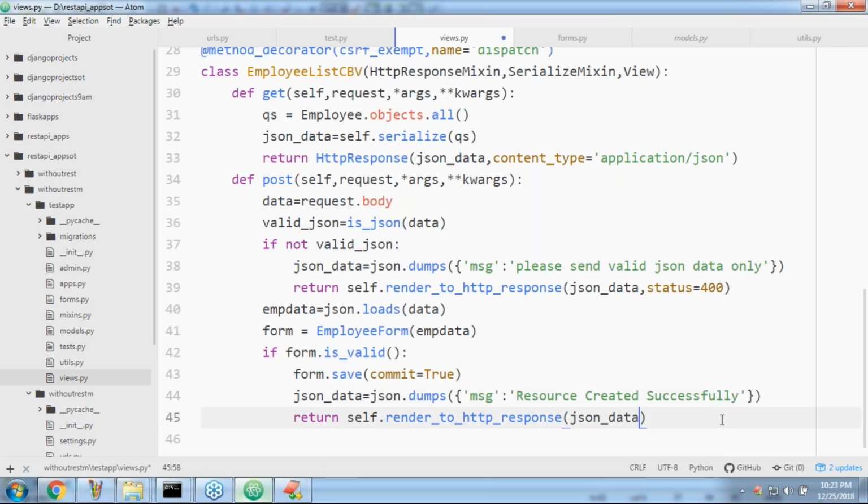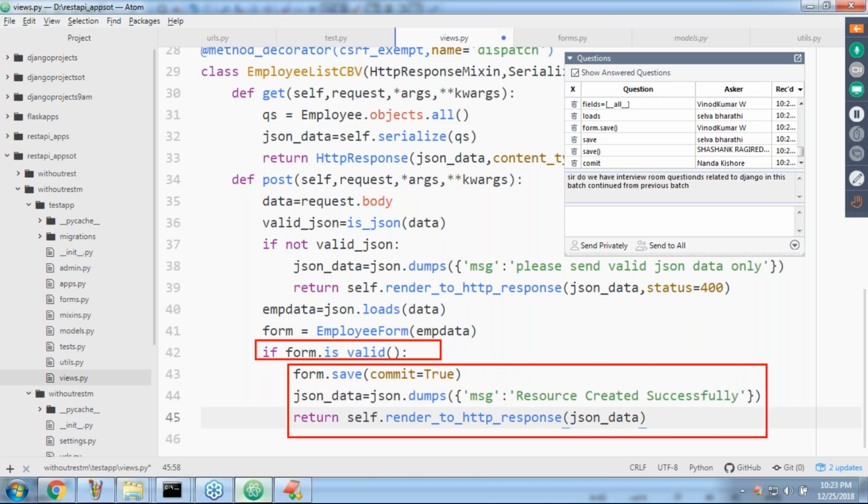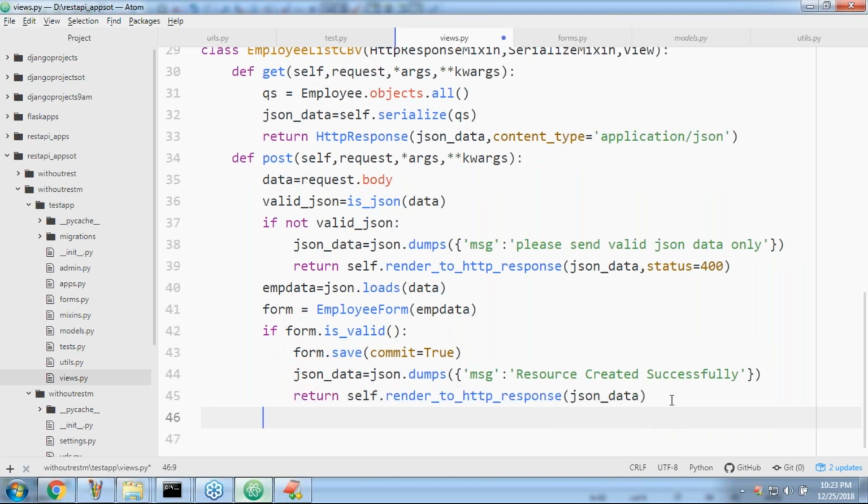Now observe very carefully, sir. If a form is valid, so normal validations, right? Can you please save form.save, so the record will be saved in the database, JSON data like this, right? Now, sir, can you please tell when the control will come? If any errors are there, validation fails.